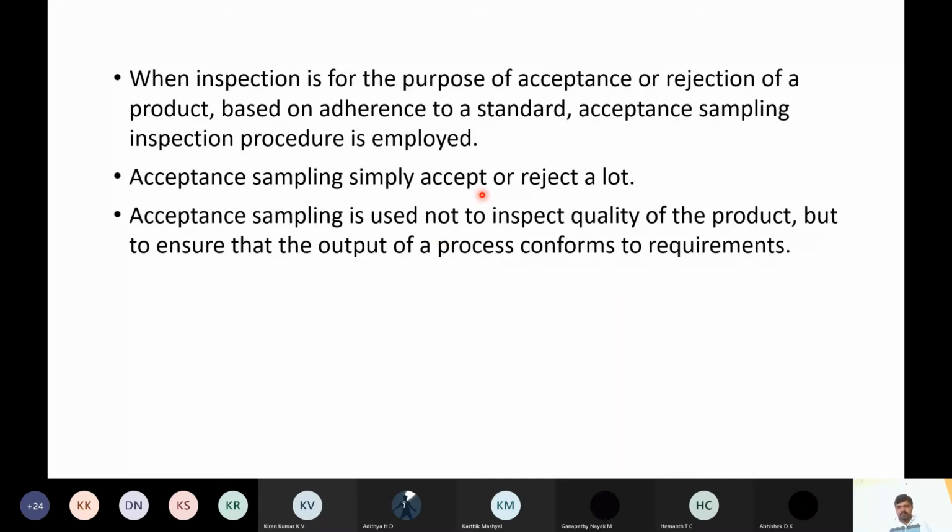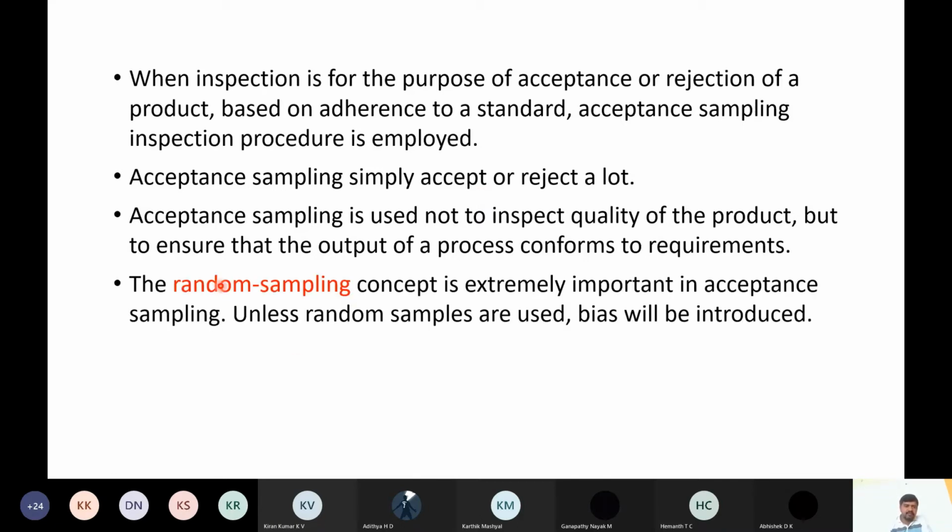Out of 1000, if you pick 10 for evaluating quality, all 10 may have good quality, but in the remaining 990 units there may be defects. We don't know that. That's why it is not guaranteed that the quality is good or bad based on acceptance sampling. It will give an idea. That may be reliable or it may not be reliable. In a few circumstances we don't have other choices, so acceptance sampling makes more sense than the no inspection strategy or the 100% inspection strategy.